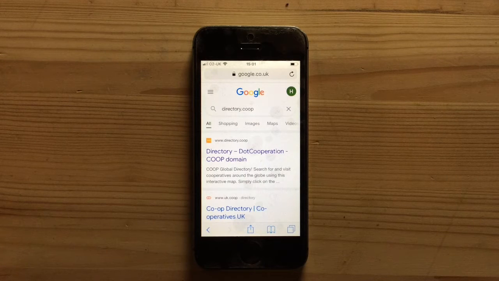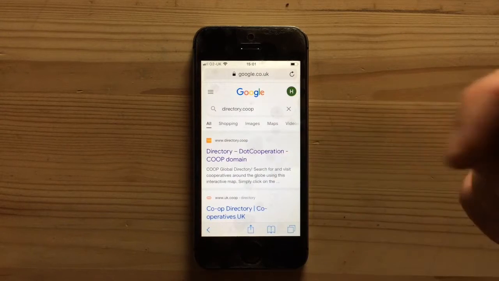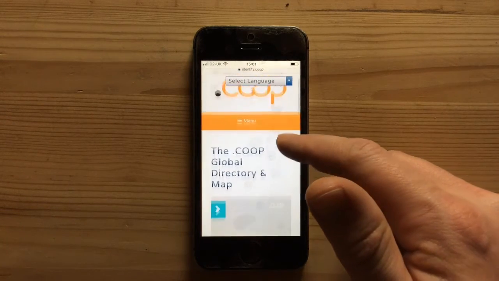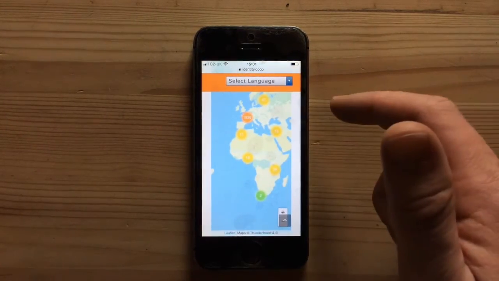So this is the iPhone. Most of the main basic features with the iPhone are identical to the Android, with just a few minor points. So we've searched for directory.coop here, and this will bring us through to the main page. As before, you have the select language feature, and you can see the entries have loaded up there on the